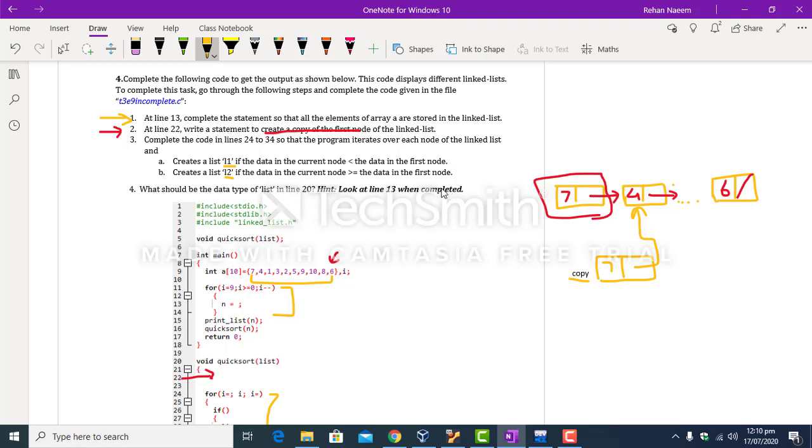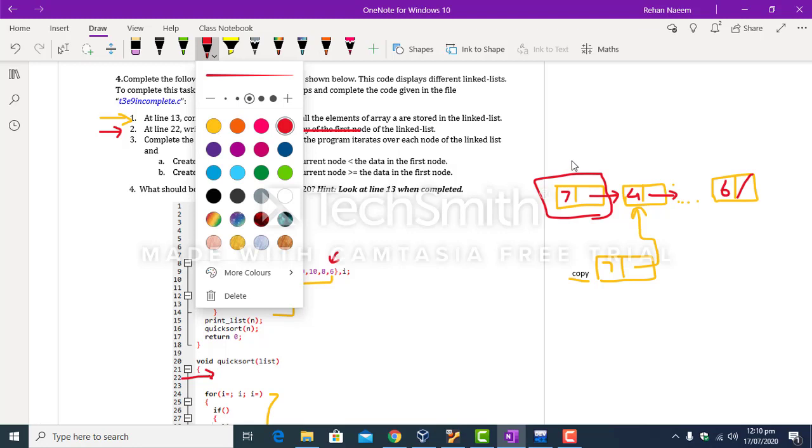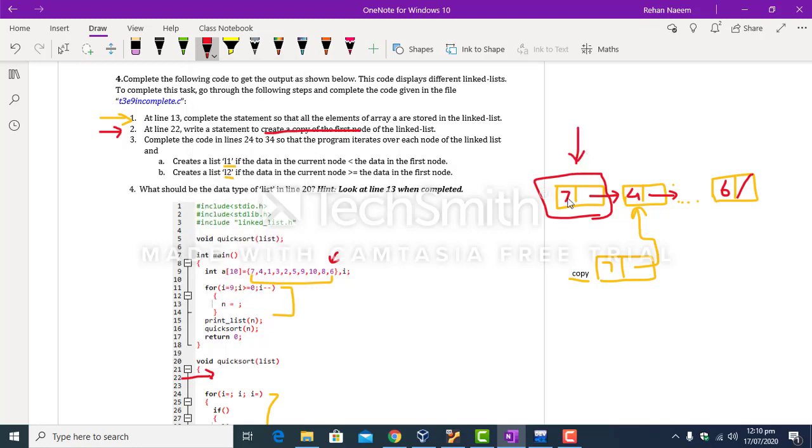So let's execute this algorithm in order to understand the explanation of step 3. So for example, you are currently at node number 1 and the value is 7. So 7 is equal to this 7. It means that you have to create a new list and the name of that list should be L2. So create a new list L2, and the first node of list L2 will be 7.